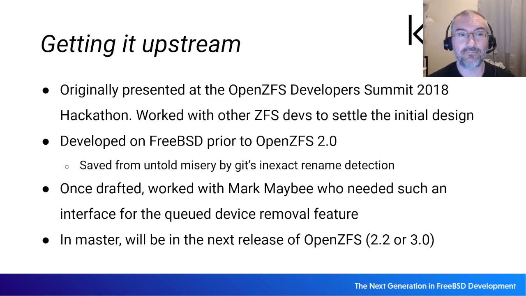So as I mentioned, I originally presented this idea at the OpenZFS Developer Summit in 2018 at the hackathon, and then I started a breakout group, and a bunch of us went to a room with a whiteboard and worked out how we would do this. We had a couple of different ideas about how we would do the command line interface. I think originally we had it look more like zpool set disk at property equals or property at disk equals, but we settled on this other mechanism instead because it was cleaner. But then I developed the initial version of this, but I did this directly in ZFS back before OpenZFS